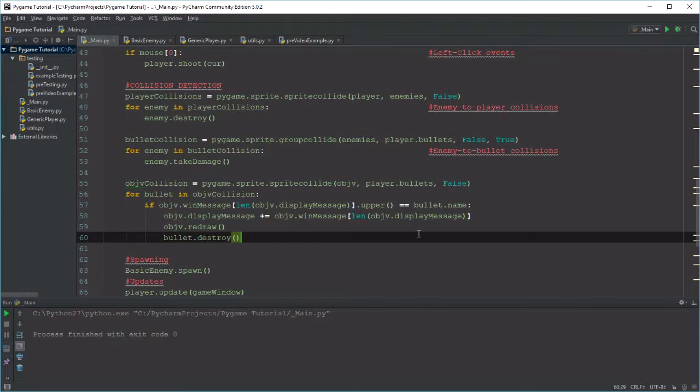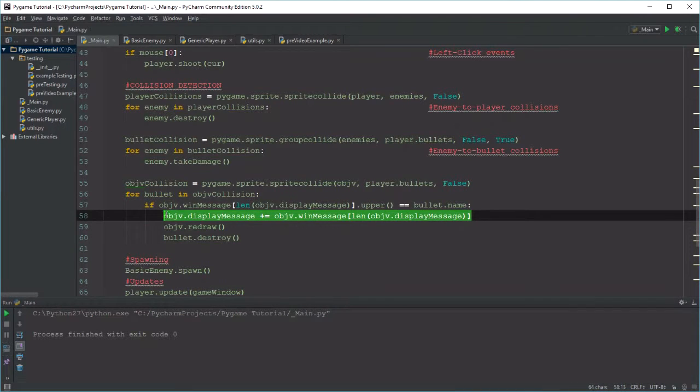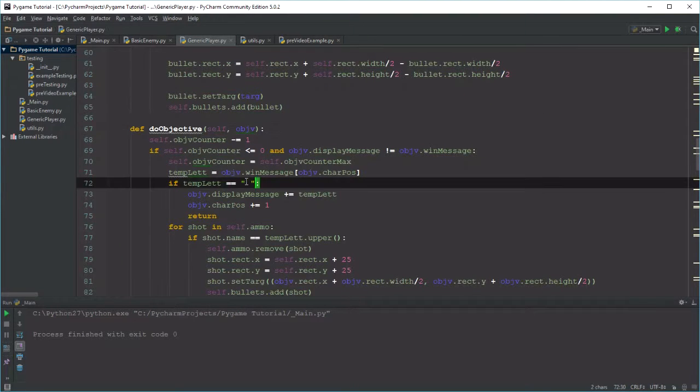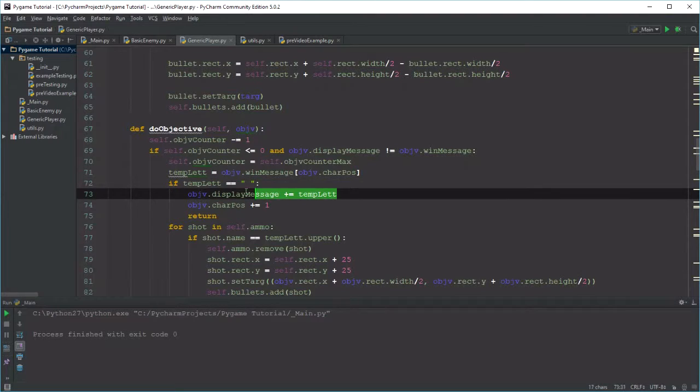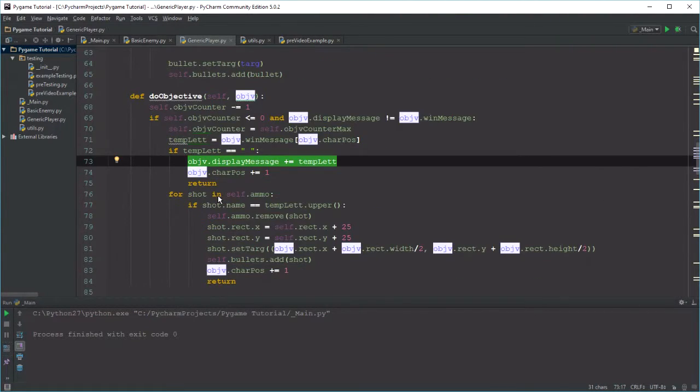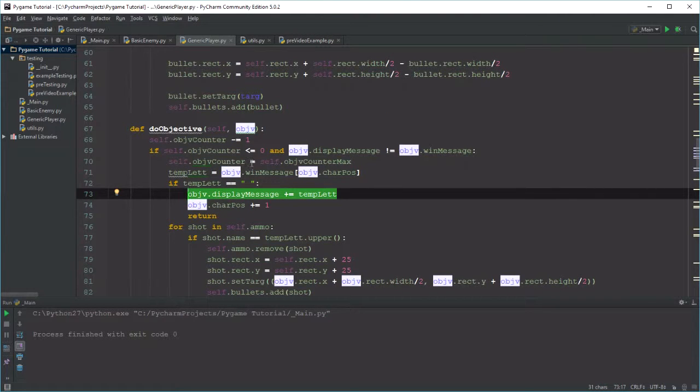Alright, so I've been searching around the code a little bit, trying to figure out why this is an issue, and I think I figured it out. It's not too difficult, it was just confusing me for a bit. What's happening is we're doing most of our character adding right here in this line of code. This is where we add the characters to the display message. However, we add the spaces to the display message right here. So we have two different functions adding to the display message, which is a very bad idea, especially because once this thing shoots off its message, even before the bullet's gotten to it, it adds a space to the message,